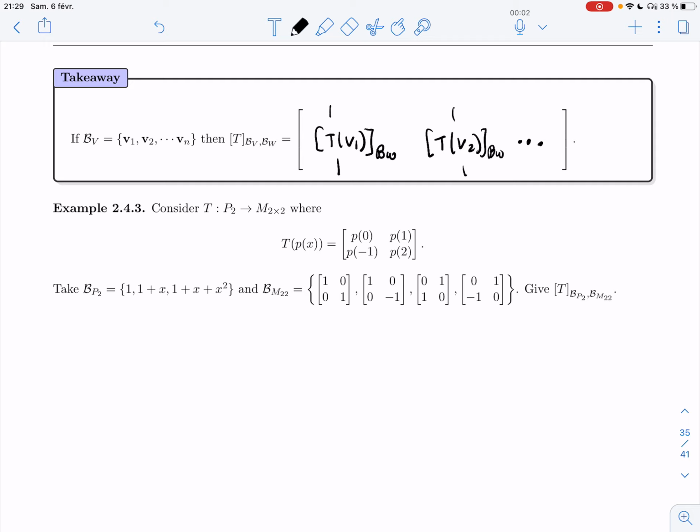All right, so I need to look at the first basis vector, 1, and I need to apply T to it. So the function is just 1. So whether I evaluate it at 0, at 1, at -1, or at 2, I get 1, 1, 1, 1. All right, so I want to write 1, 1, 1, 1 as, well, actually, let's use C1. I want the coordinate vectors of this with regards to this basis, so I need to solve for